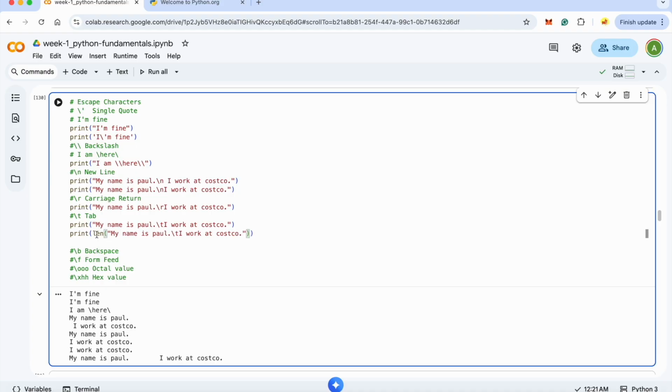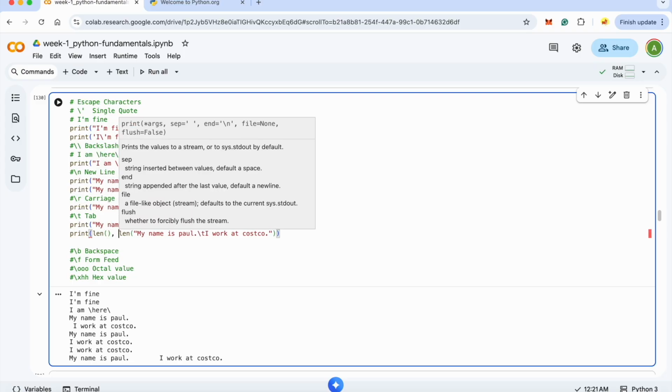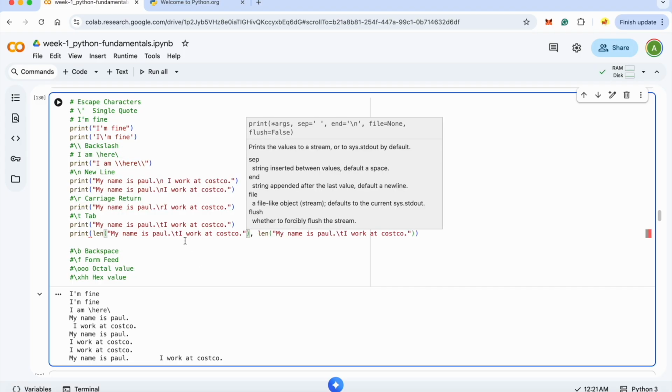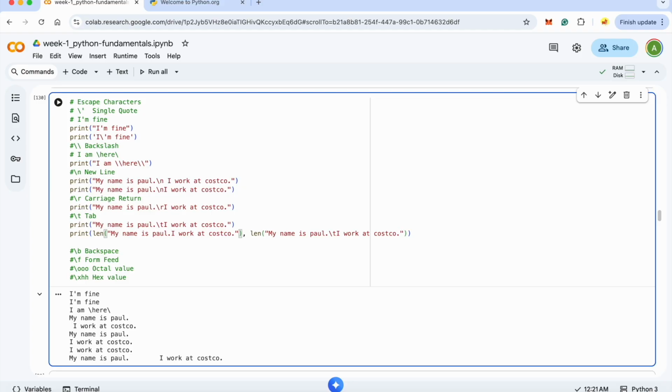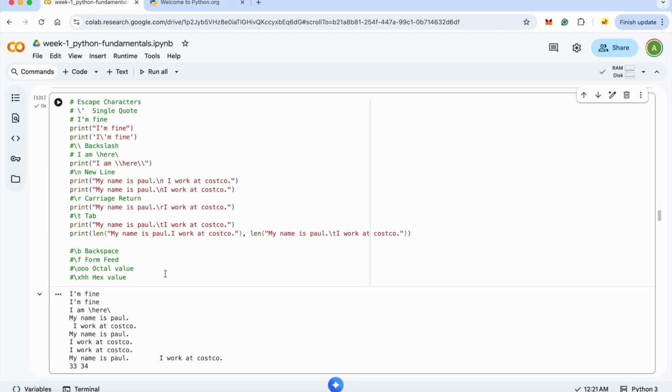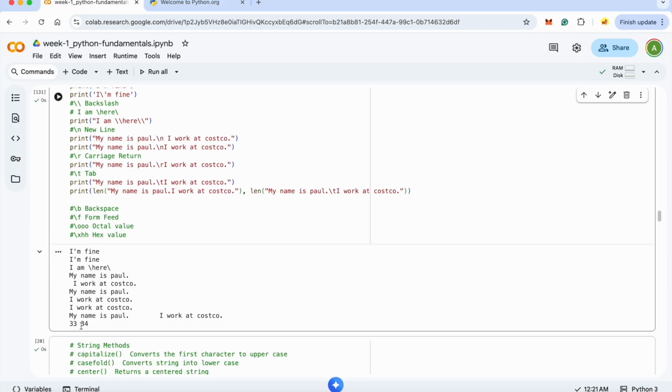Length of this and length of this, like without the T. So let's see the difference. You see 33 and 34 because tab is counted as 1. Okay,